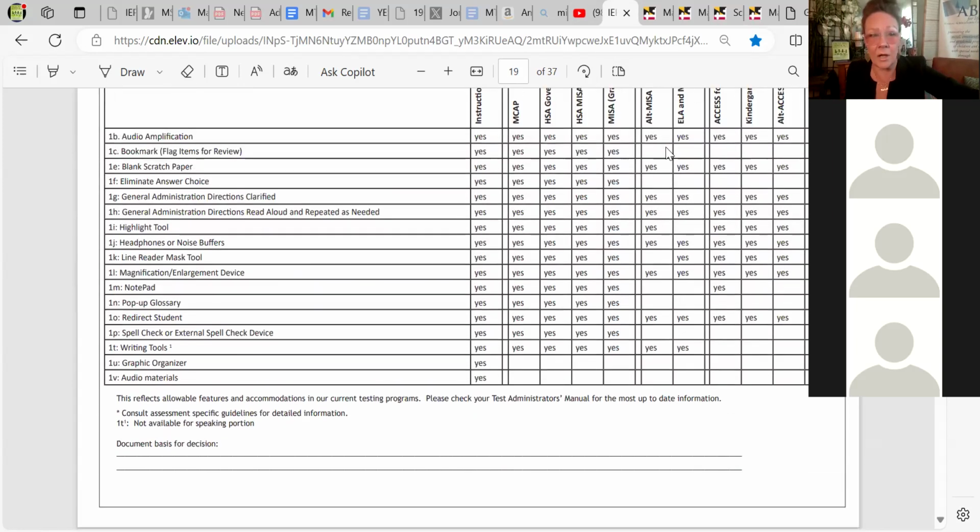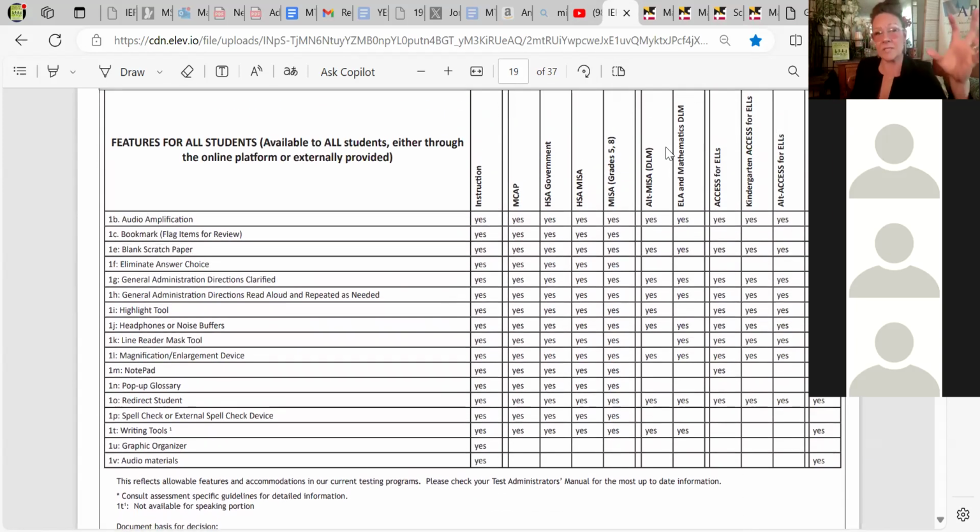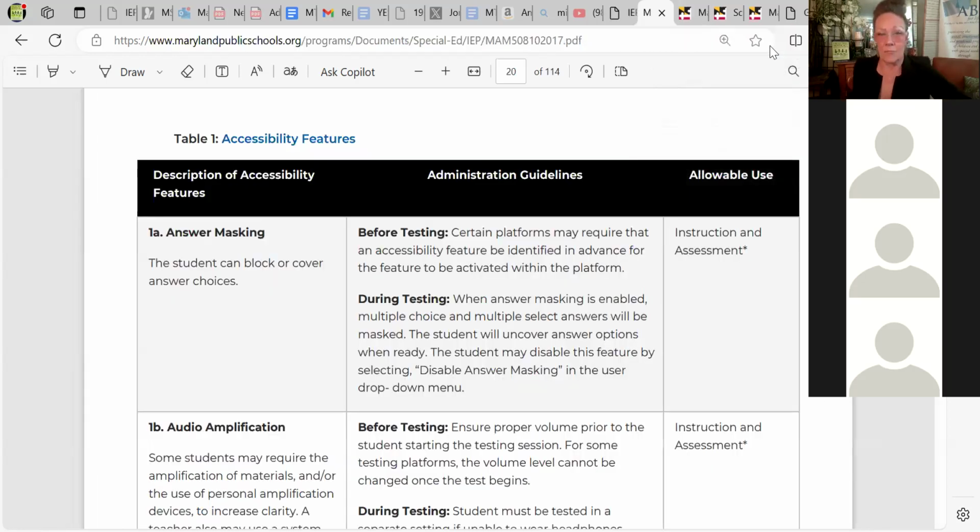So in the Maryland IEP, you've got accessibility features for all students. Parents often ask me, well, what's possible to put on here? I only see 2 things on my child's IEP. How many things are possible? I want you to see 2 things here. In the individualized education programs in Maryland, these are on your template, you're going to see what's possible. But in the Maryland Accommodation Manual, for example, here with answer masking as an accommodation,